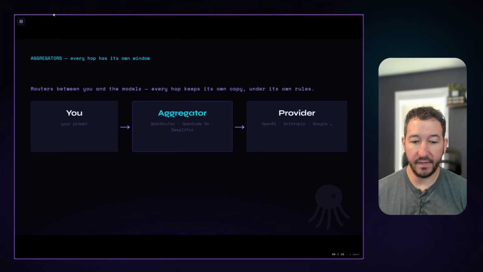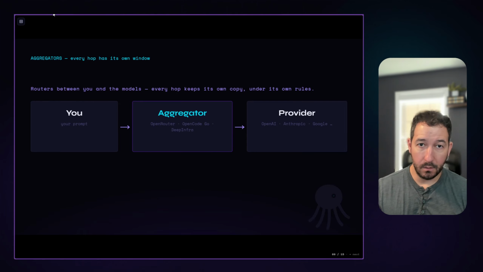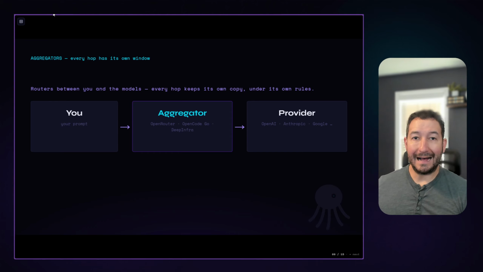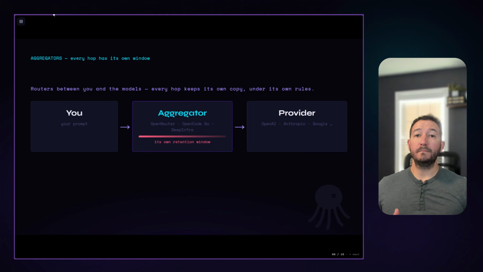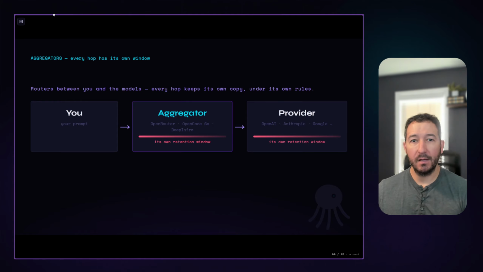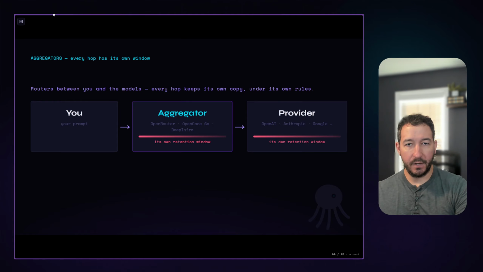Now, the thing to keep in mind is that now you have another hop in your process of utilizing AI and these LLMs. And each stage in this process has its own retention window. So even these aggregators like OpenRouter, OpenCode Go, Deep Infra have their own retention windows that you need to be aware of on top of the provider's retention window.